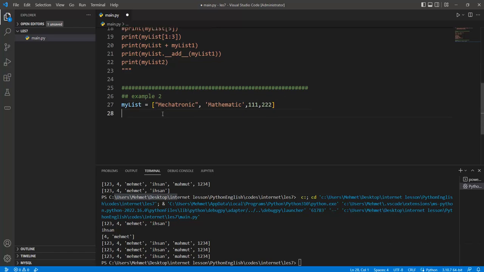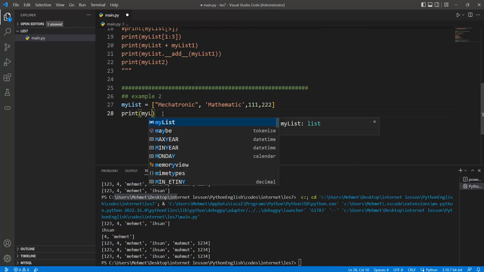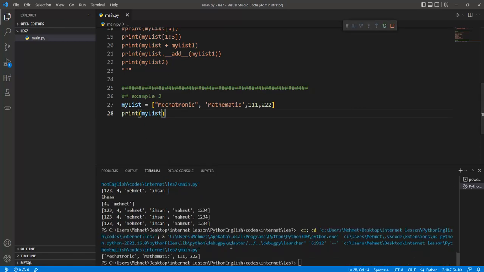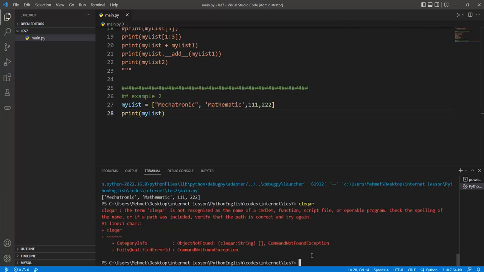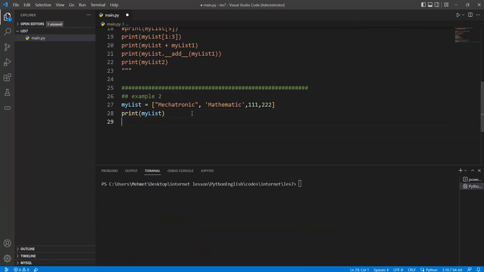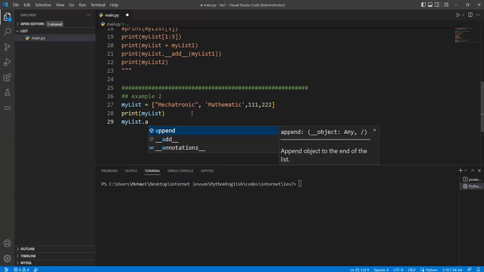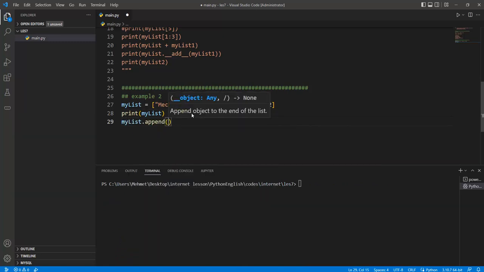And so what happens if we add some variable to this list? Firstly, my list can be written like this: mechatronic, mathematic, 1 1 1 2 2 2, and it can be shown in the terminal. If I want to add some data, we can use the append function. Just remember that we can combine these two lists by using the plus operation, but this list does not change. So in order to add or append some data to this list, for example,